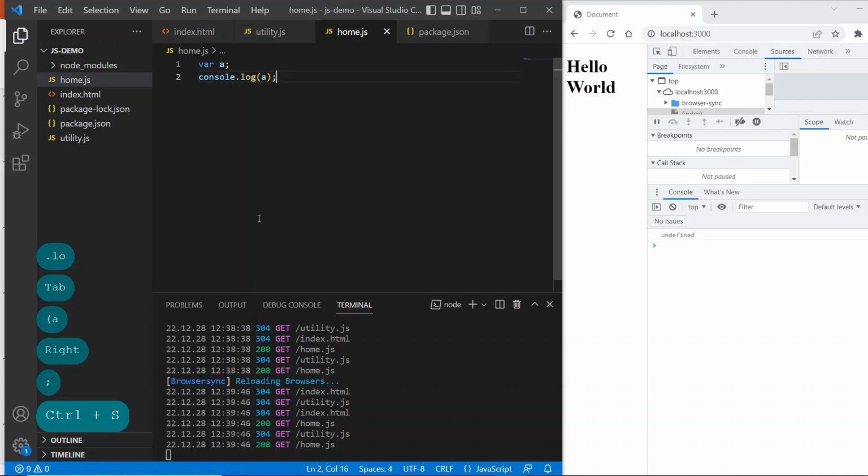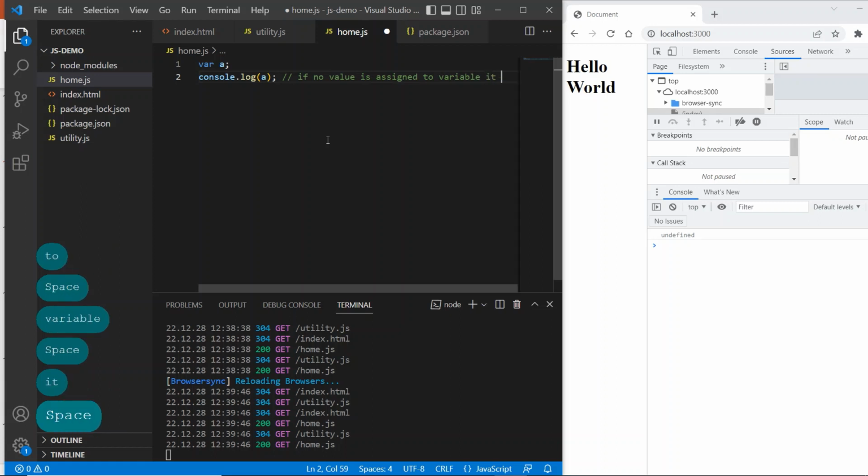Let's run it and we got undefined. So if no value is assigned to a variable, it will have undefined.